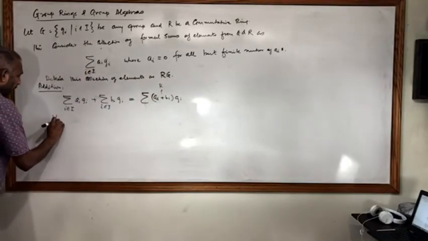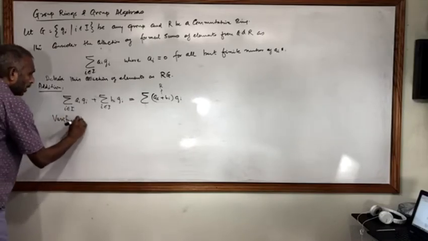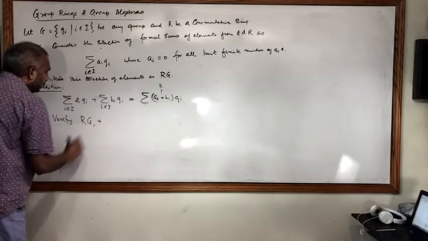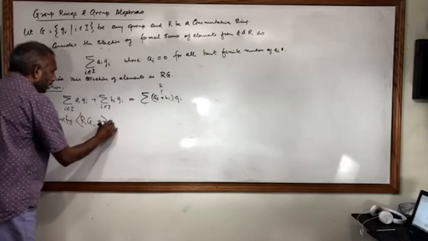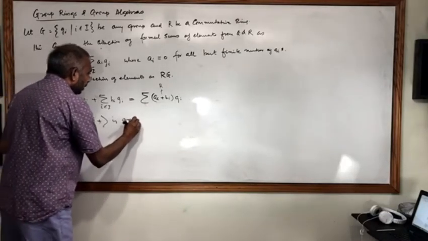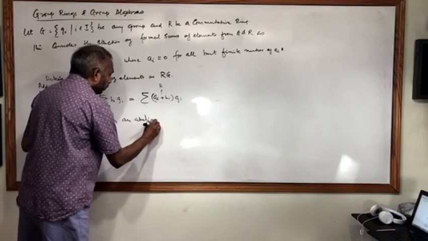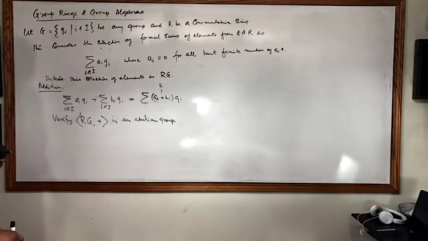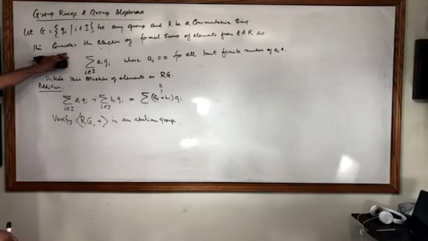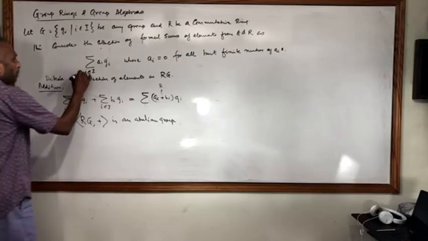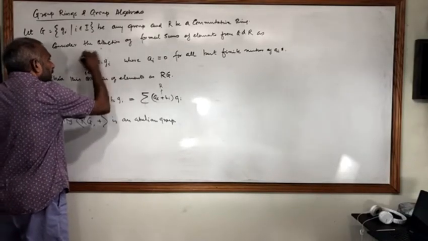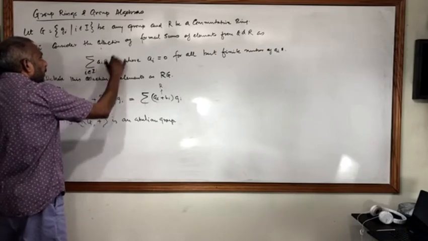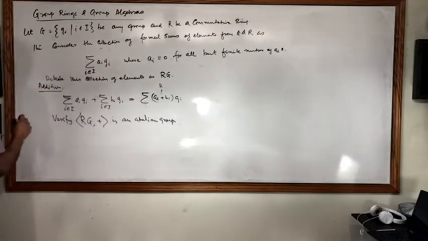So verify that RG with this addition is an abelian group. We are going to do some examples on this, so we'll be clear how we are considering these elements. And multiplication